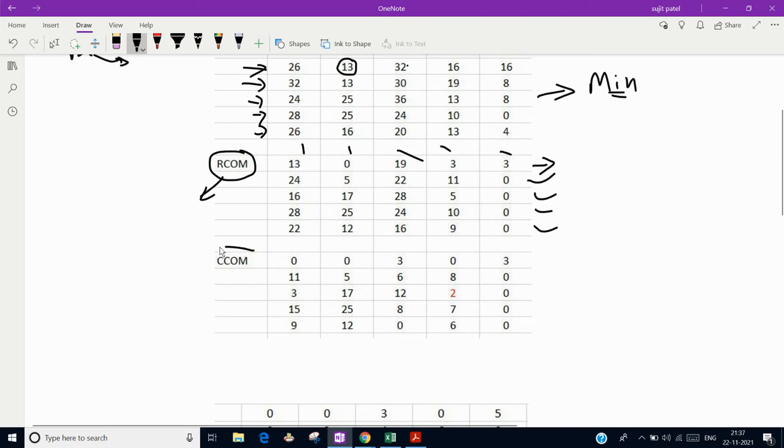So what to do? We have to do the column optimization matrix. Similarly, select the minimum element of that particular column and subtract it from the other elements of the column. So here 24 minus 13, you will get 11, 3, 15, 9. Do this for all the columns. Now check whether there is at least one zero in each row. Yes, it is there. At least one zero in each column? Yes, it is there. Now what to do?